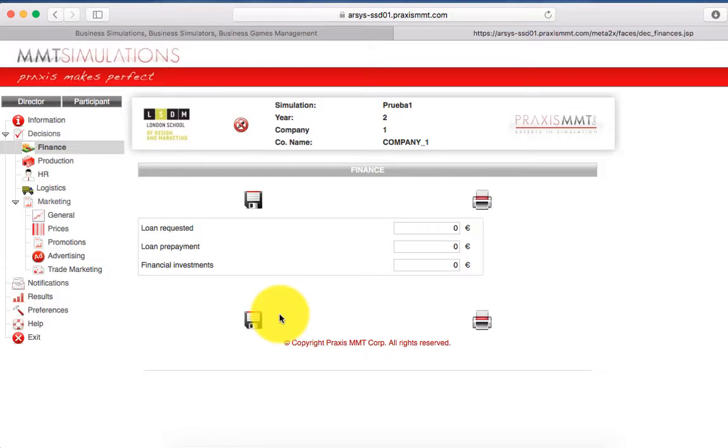So here you have to decide if you want to request a loan, if you need money for your operation, or if you want to pay or prepay a loan, or if you want to make some financial investments from the cash flow that is available in the company.